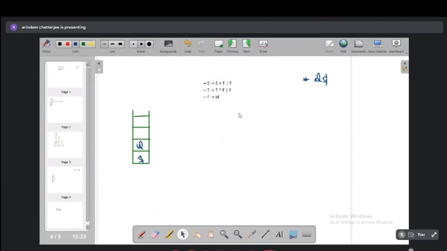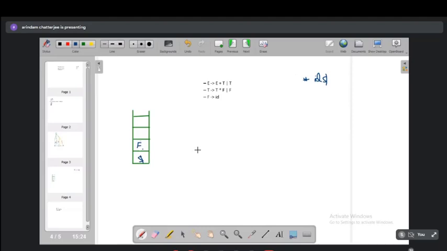So E producing E plus T, or T; T producing T star F, or F; and F producing ID. So we are choosing this handle, F producing ID, as the reduction. What will be the activity? The activity will be, we'll erase this ID from the stack and push F, which is the left hand side of the production rule, on top.